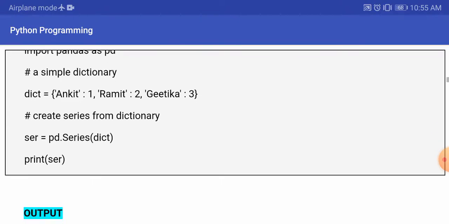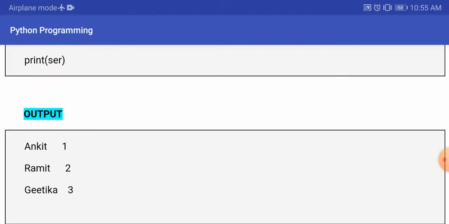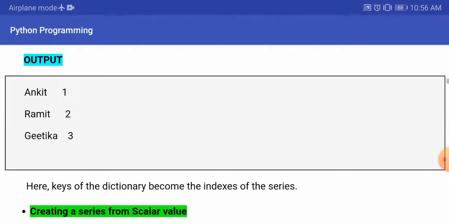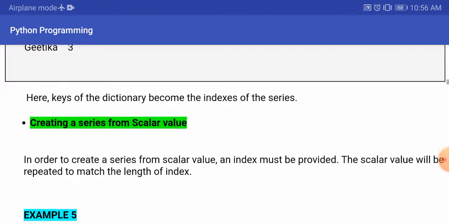Now if you print this series, you can see the output is like this: Ankit 1, Ramit 2 and Geetika 3. It is also having the 0, 1, 2 indexes, though not mentioned here, no problem. Here the keys of the dictionary become the indexes of the series.